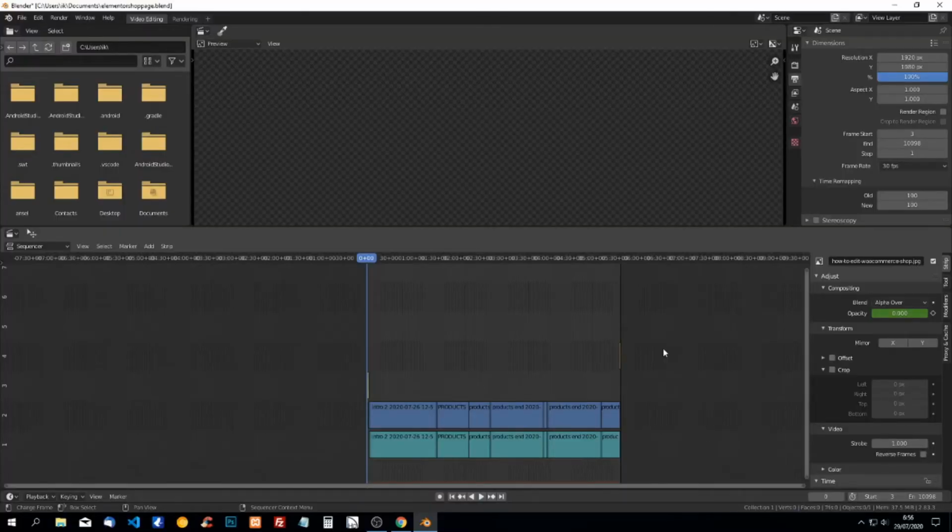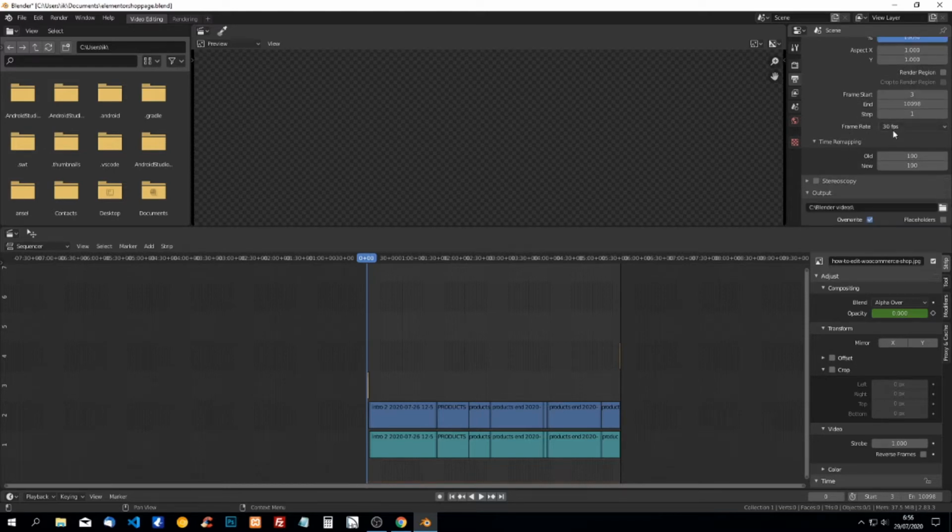Now when you're finished editing a video in Blender, to save it into a video file, it's called rendering. And to render a file, or to save a video file from Blender, we have to change a few things. So first of all is the resolution. We have to make sure this is correct. Frame rate,